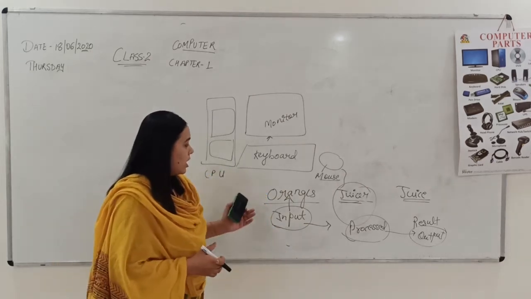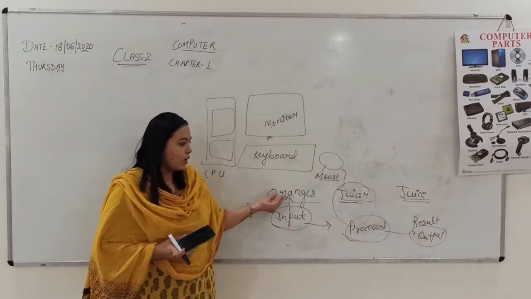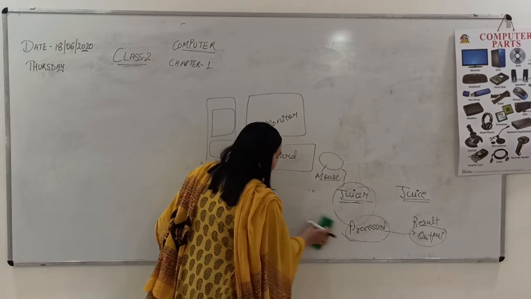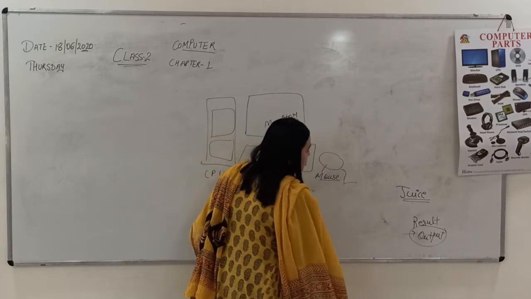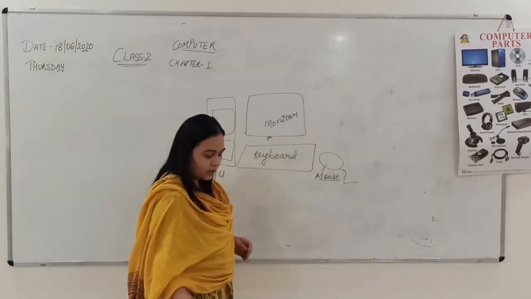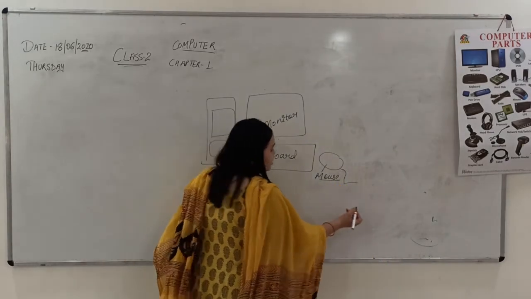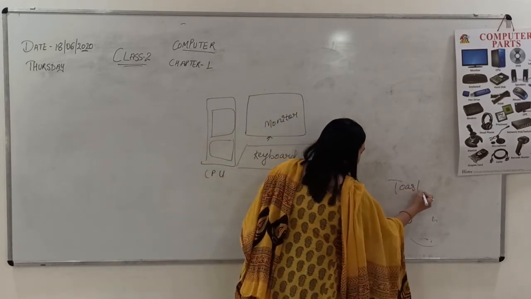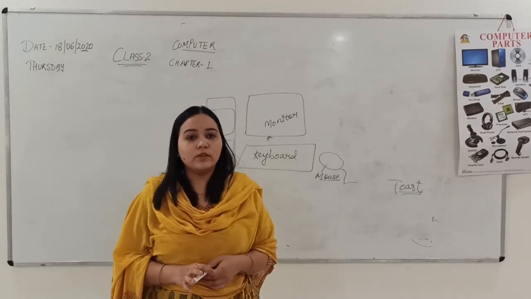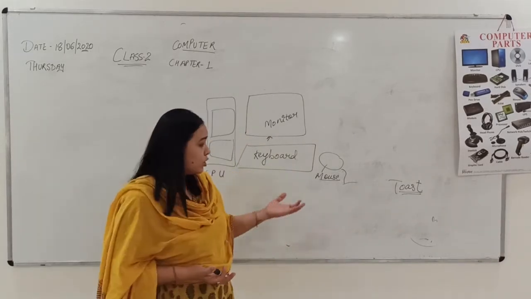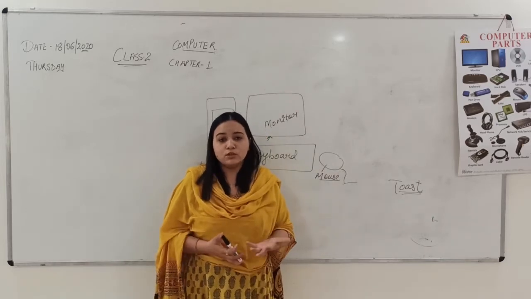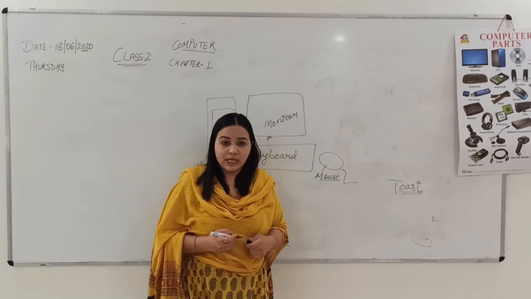Now I will give you some other example also. We just saw this cycle with the help of the orange juice example. Now I am going to give you some other example with the help of which you will be understanding it in a much better way. Suppose you need to eat toast. All of you might be eating toast at your home in your morning breakfast or evening breakfast with milk or other things. So toast is something that you want to eat, and you know that a toast is prepared with the help of a bread.